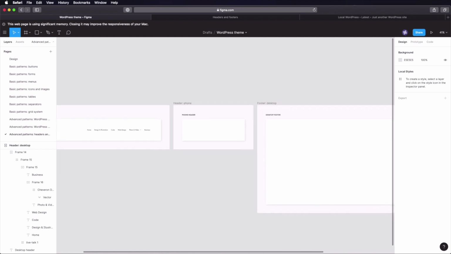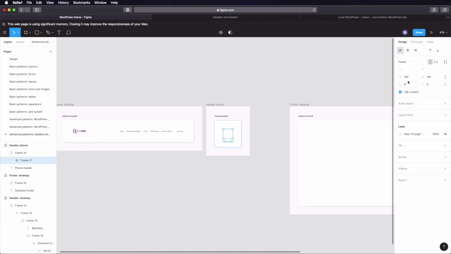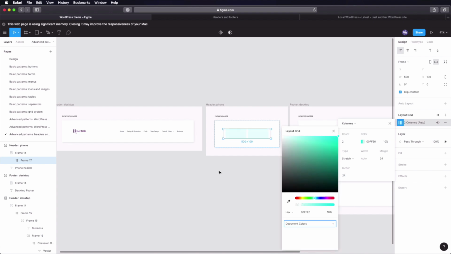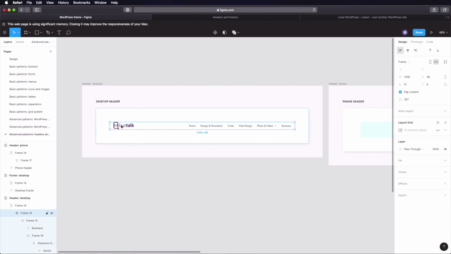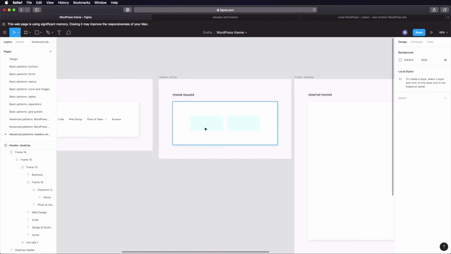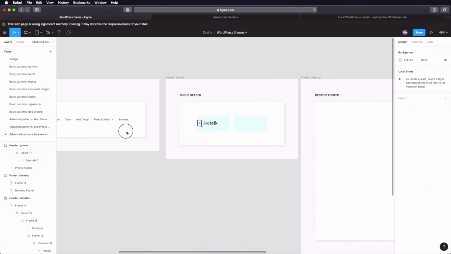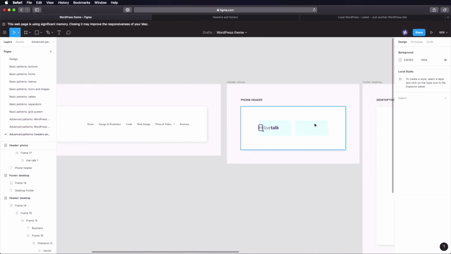Now, on the phone header, let's do the same thing, create a frame. We're going to make this 500 pixels, add a layout grid. If you remember, on the phone, we have two columns. Again, 24 margin, 24 gutter. So now we got to fit this into a much smaller format. So I'm going to paste in the logo, and instead of the menu, we're going to use a hamburger menu